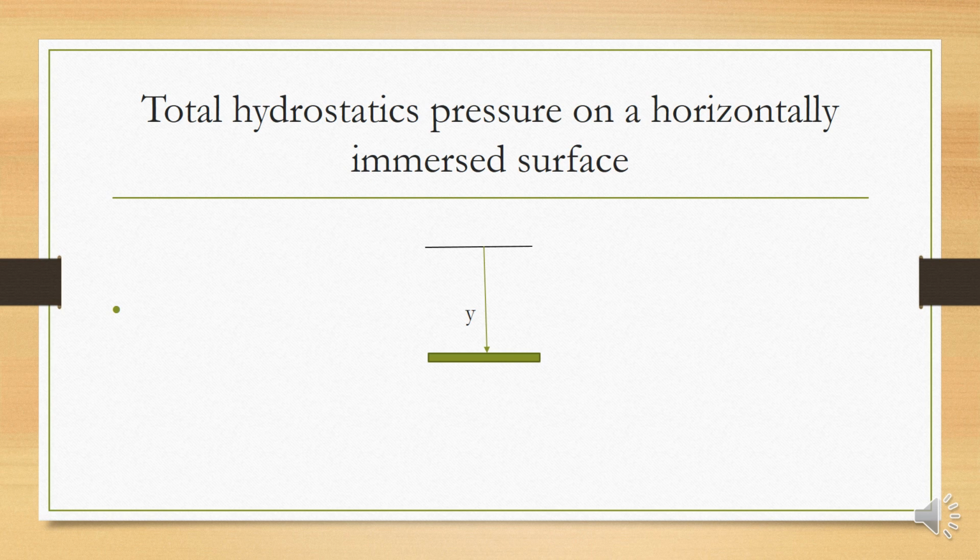Okay, if the liquid is water, then the formula again changes. If the given liquid is water, then the formula for hydrostatic pressure is P is equal to SL omega into AY, where again specific gravity, that is SL, is equal to 1, then the formula will become P is equal to omega AY. Okay.